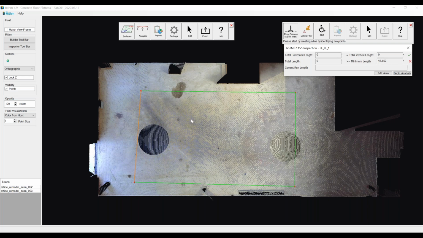If you're familiar with 1155 reporting, typically what you have to do is you take some test lines that are a number of vertical lines and a number of horizontal lines, and how long these lines have to be depends on some criteria based on the size of the